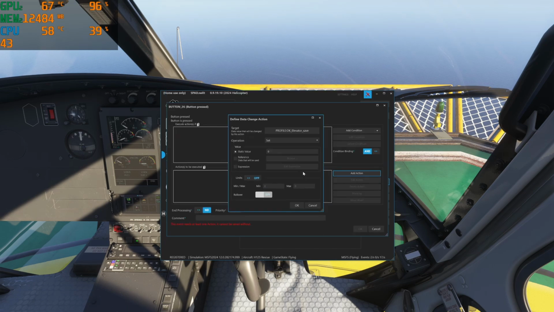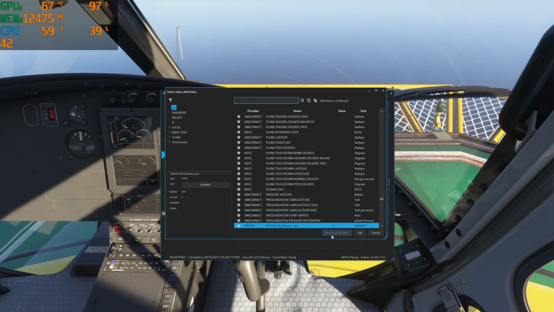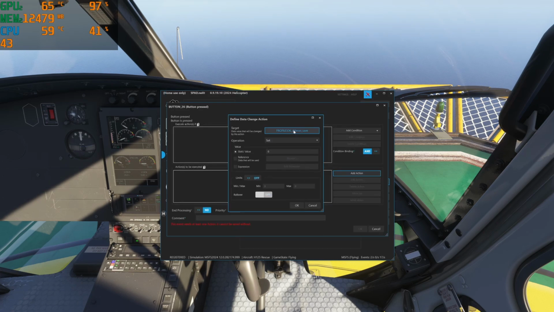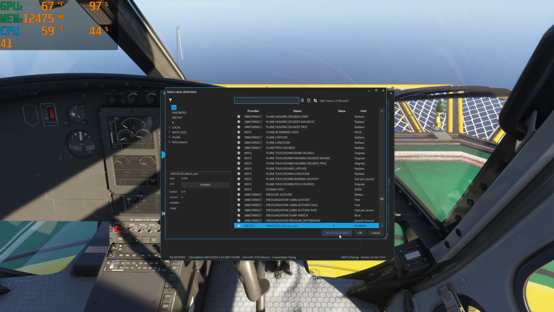Create. Now, this is created. So we're going to click right here where it says, okay, elevator save, and I'm going to do the next one. New local variable, and rinse and repeat for aileron. So overkill underscore aileron underscore save, scope, profile, number, 0, no decimal, create. Rinse and repeat one more time. New local variable,